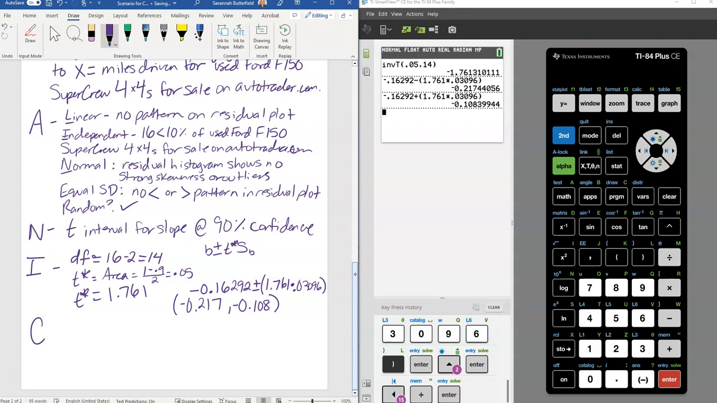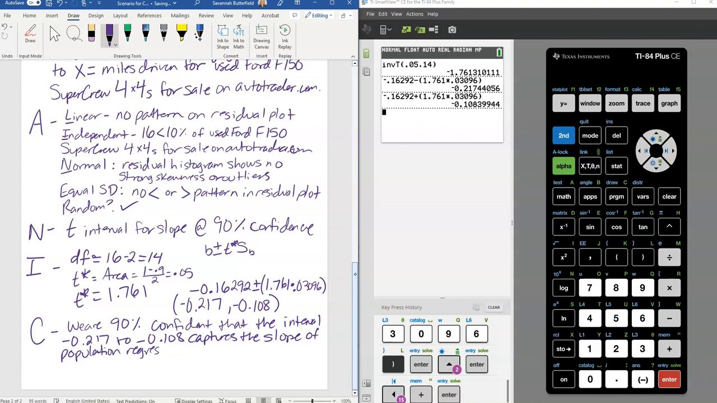And so with that, I can use that for my conclusion. Remember, it always starts out with today we are 90% confident that the interval negative 0.217 to negative 0.108 captures the slope, remember we predicted a slope today, captures the slope of the population regression line